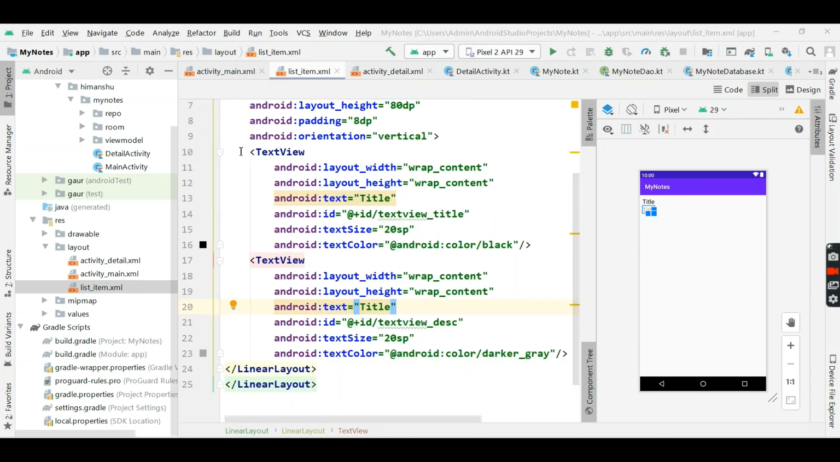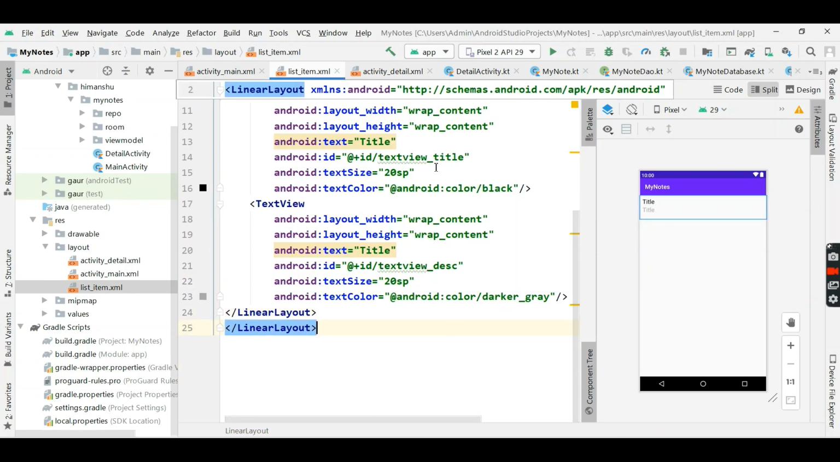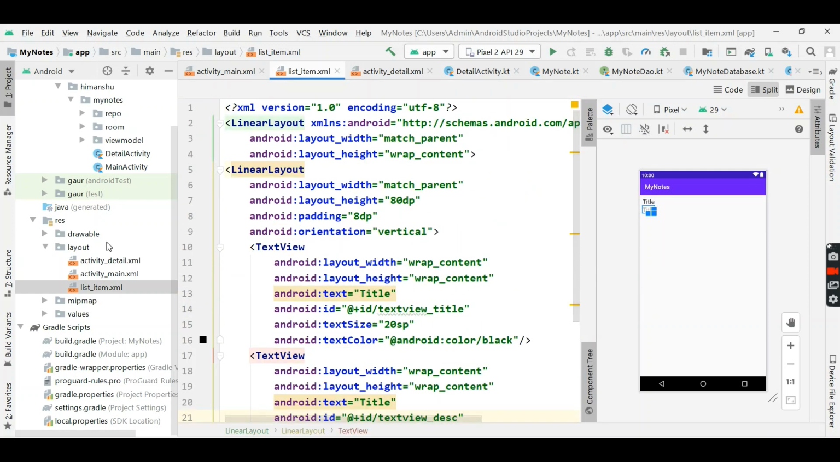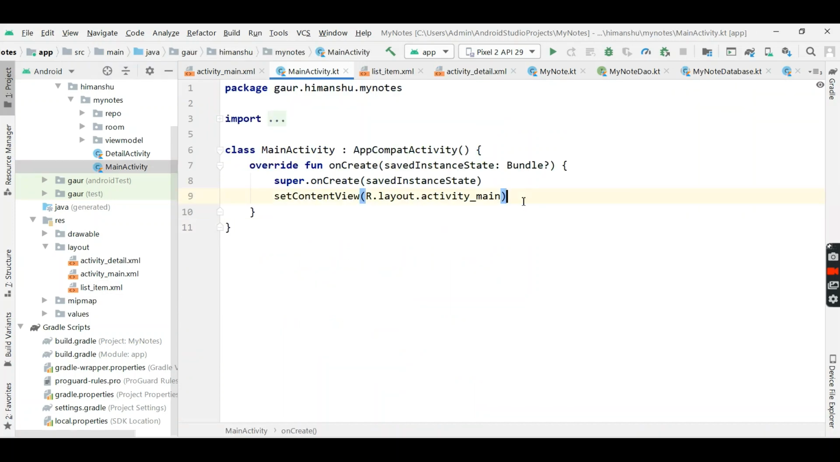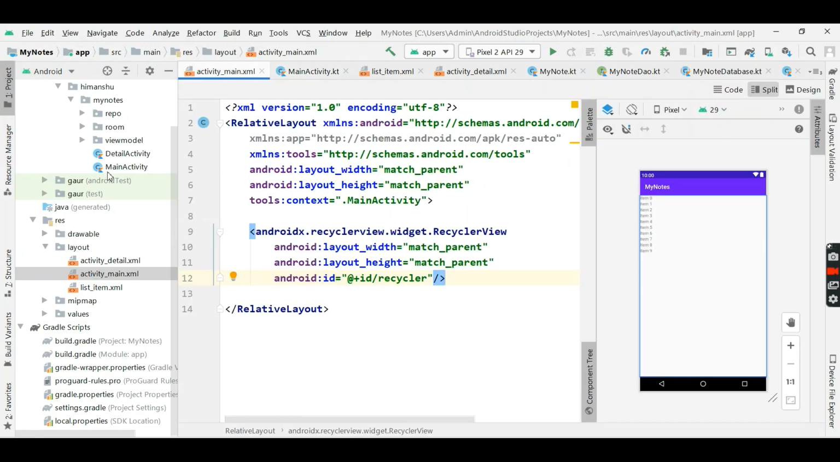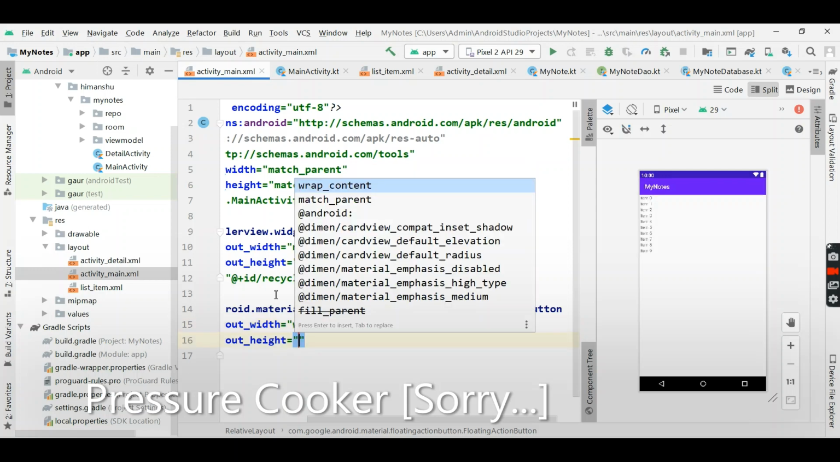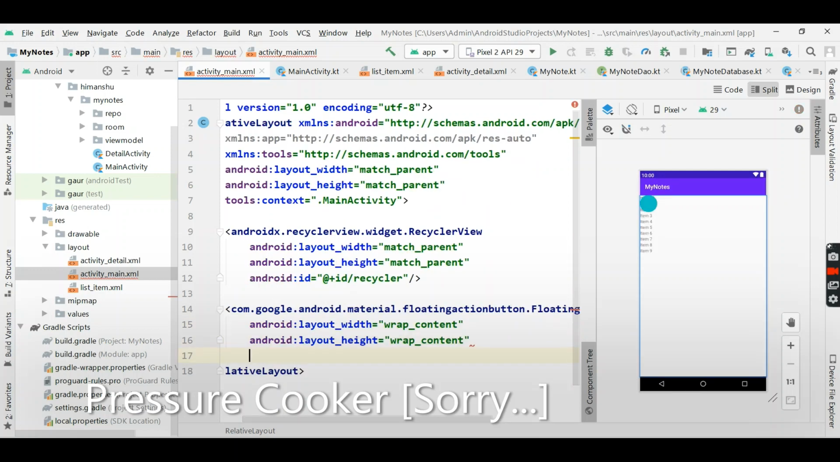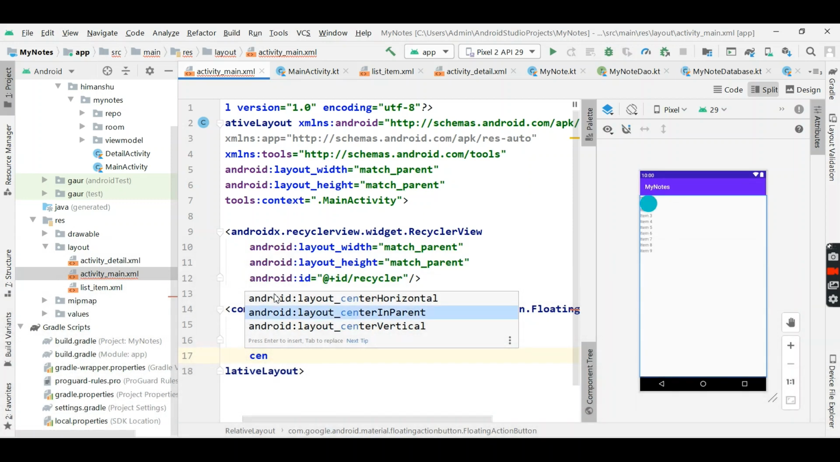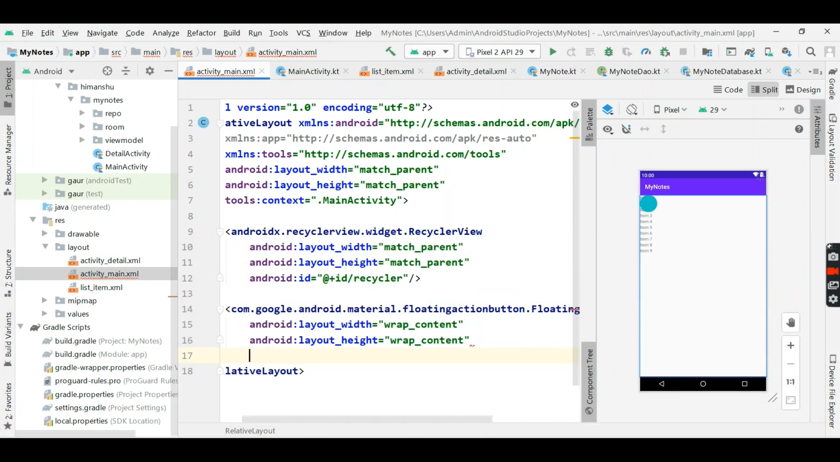We have a linear layout, and in which we have two text views. One is title and another is description. So now go to our main activity, and yes, before going to our main activity code, we will actually go to our activity main.xml file and attach a floating action button. So floating action button, you can see here, and width is wrap content, height is also wrap content, and I will make this center, not center, just